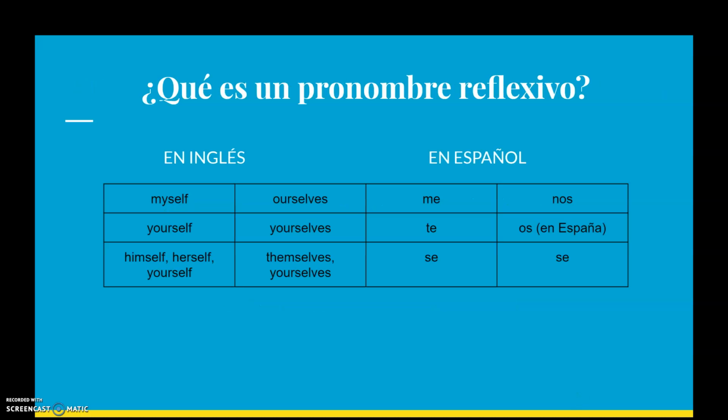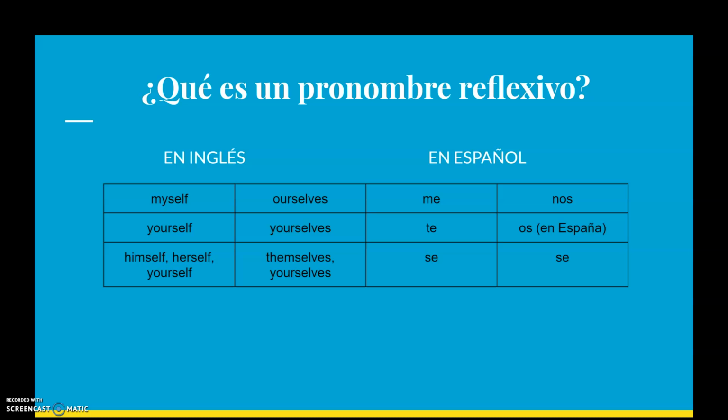¿Qué es un pronombre reflexivo? Tenemos pronombres reflexivos en inglés también. En inglés tenemos myself, yourself, himself, herself, yourself. I mean, informal, of course, in Spanish, but in English it's pretty much all the same. Ourselves, yourselves, and themselves. En español tenemos me, te, se, nos, os, which would match with the vosotros conjugation only